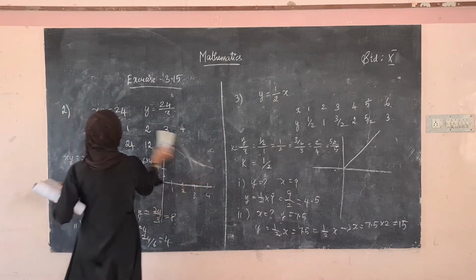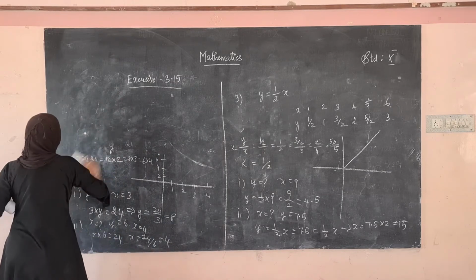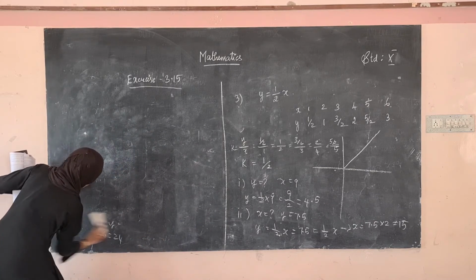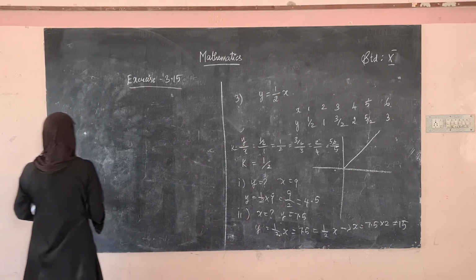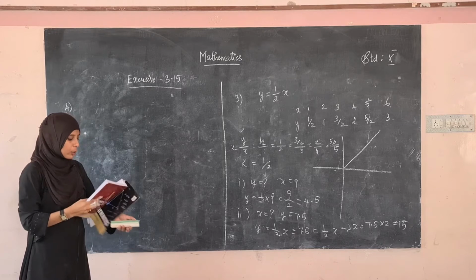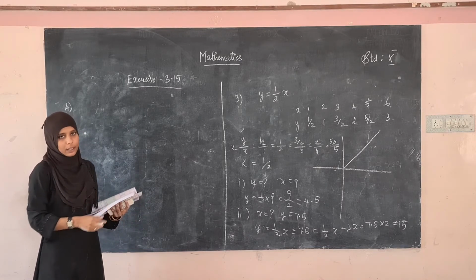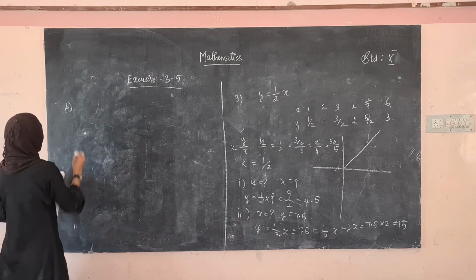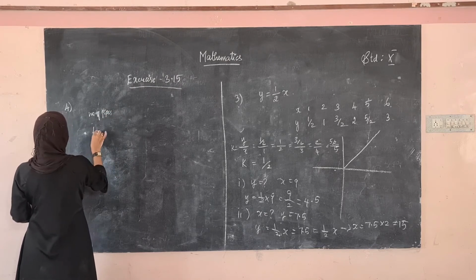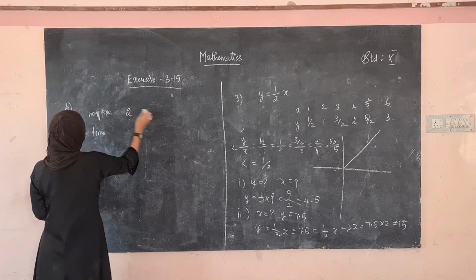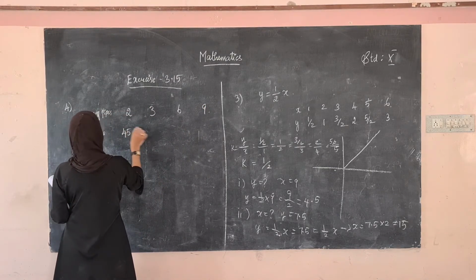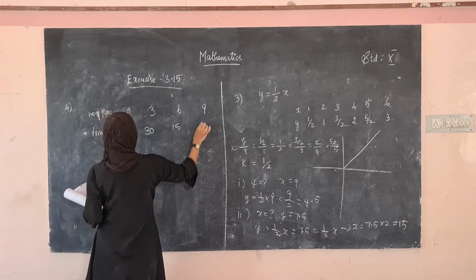Okay, now we move on to the fourth sum. So what's the fourth sum? They have given the table. The following table shows the data about the number of pipes and the time taken to fill the same tank. Okay, same tank and the number of pipes. So the number of pipes they have taken in the x-axis and the time they have taken in the y-axis. 2, 3, 6, 9 and here it is 45, 30, 15 and 10.